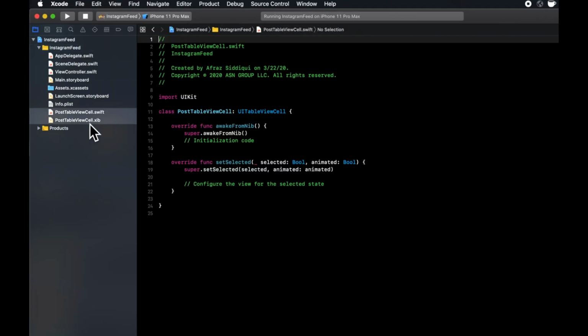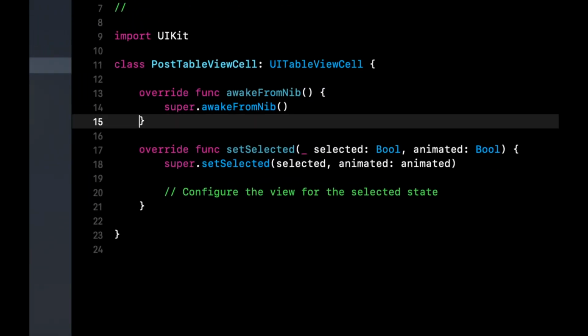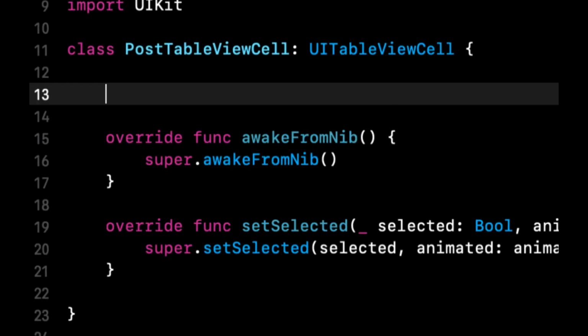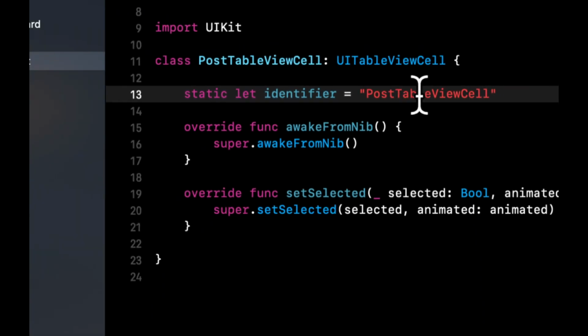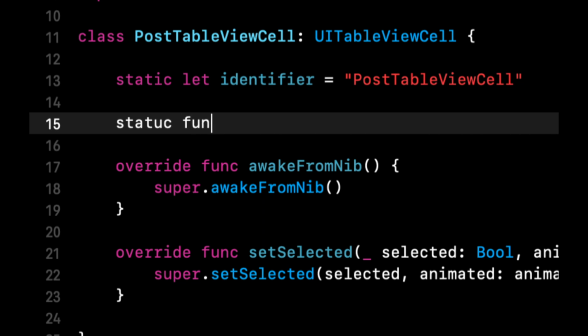Now, first things first, we need to put some code in here. So the first thing we want to add after deleting these comments that Xcode gives us is a static property for our identifier for the cell. And what I like to do is just use the same name as the cell itself. Makes your life easier. We also need a static function,